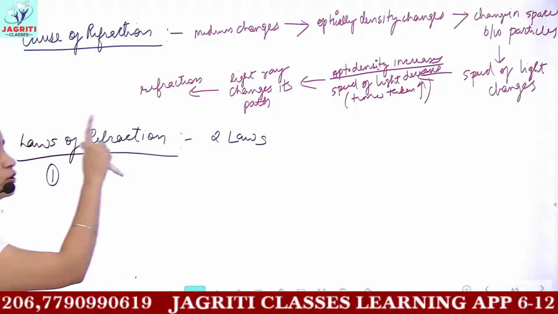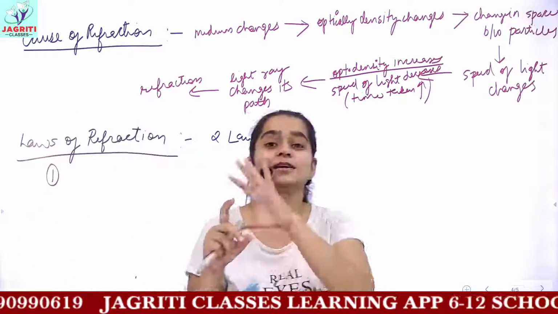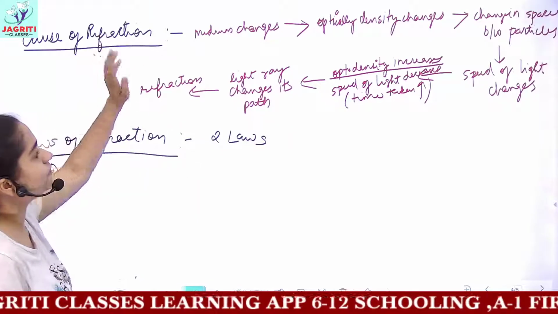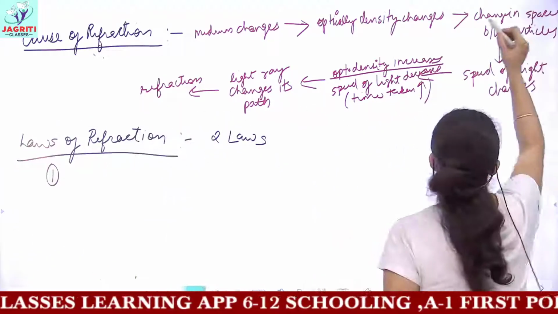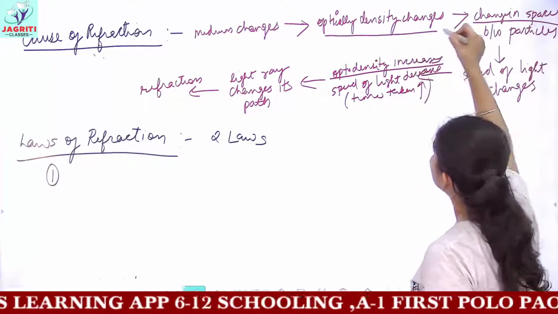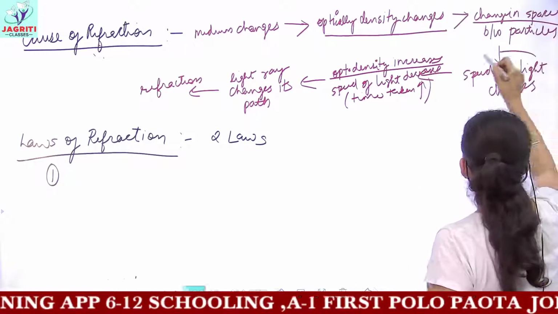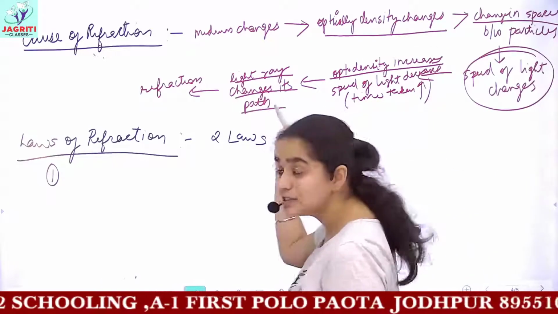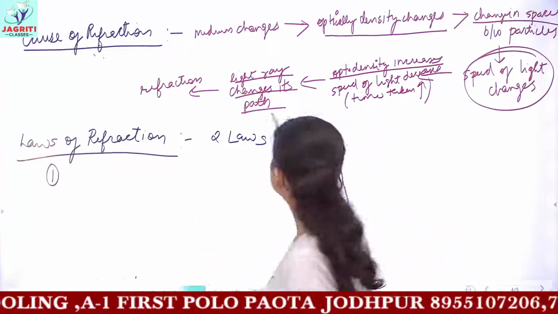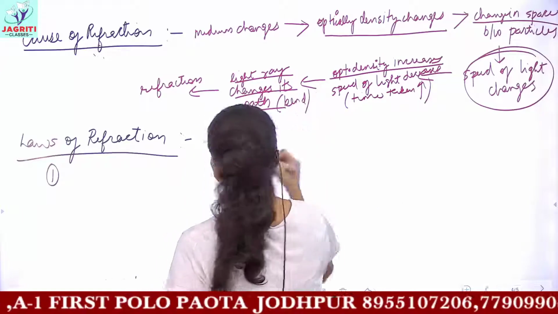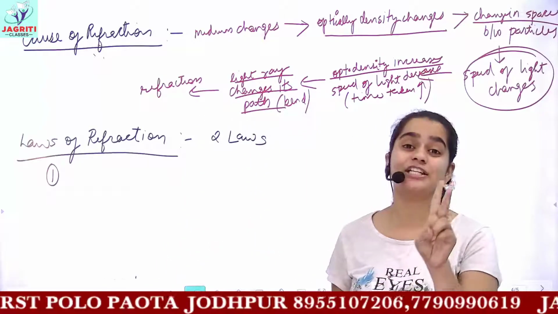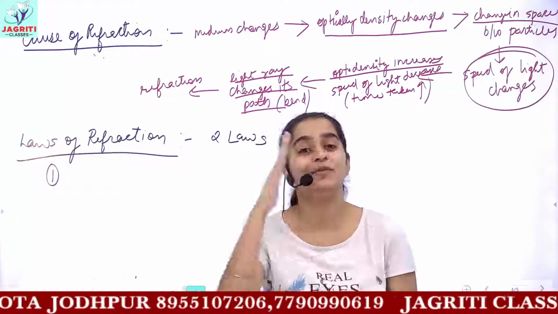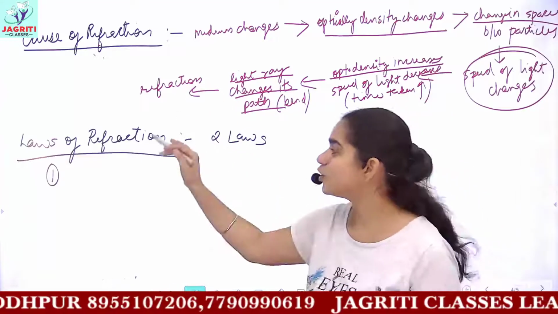Now you can write this whole concept theoretically, in the form of a paragraph. But I hope you have understood what the cause of refraction is. Change in the medium of the light. Change in the medium, that is change in optical density, which changes the speed of light, and due to which the light ray has to change its path. And changing path means it has to bend. And now we have already done two conditions of bending: when the light ray would bend towards the normal and when it would bend away from the normal. So this is the cause of refraction.